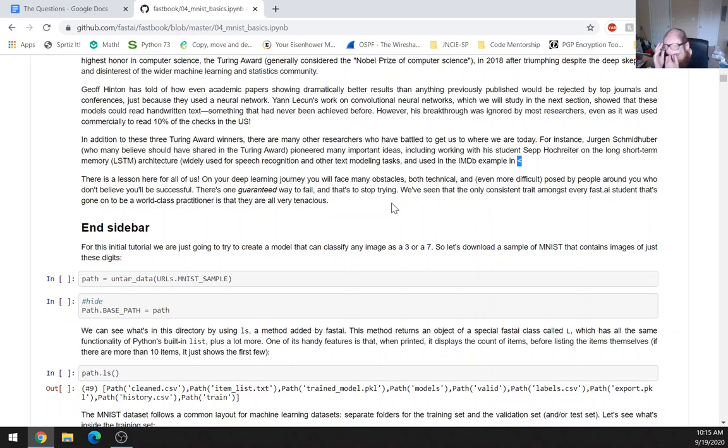Oh man. That's basically the crux. That's why it's important to be able to